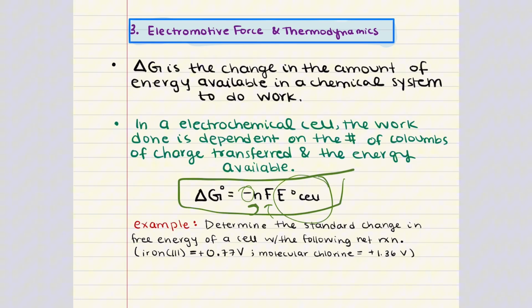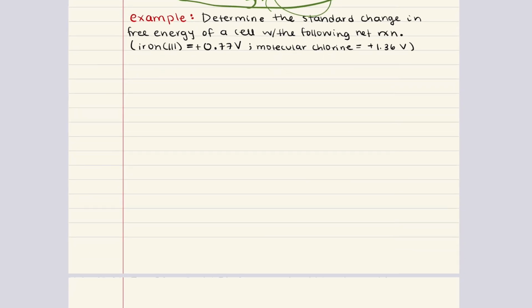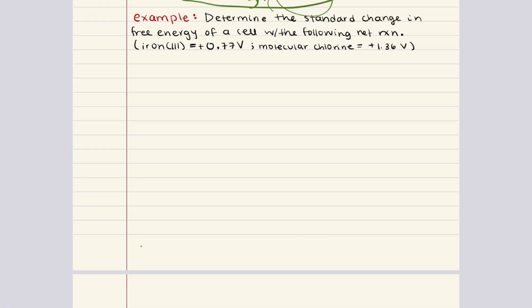Delta G and E cell will always have opposite signs then. Therefore, galvanic cells have negative delta G and positive E cell values, and electrolytic cells have positive delta G and negative E cell values. Now, the best way to learn how to use this equation is obviously by tackling a practice problem. This example says determine the standard change in free energy of a cell with the following net reaction,